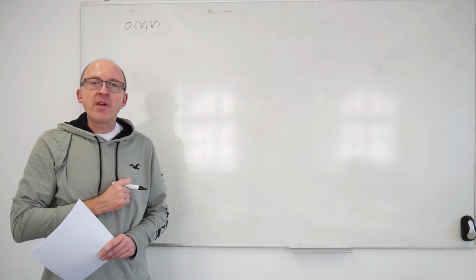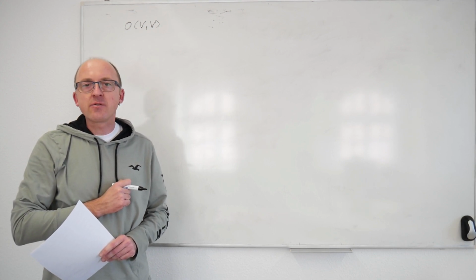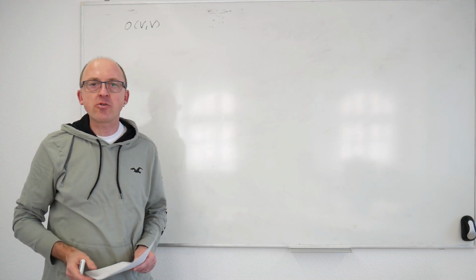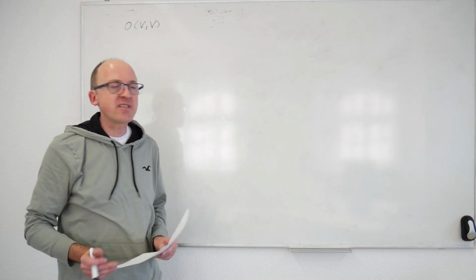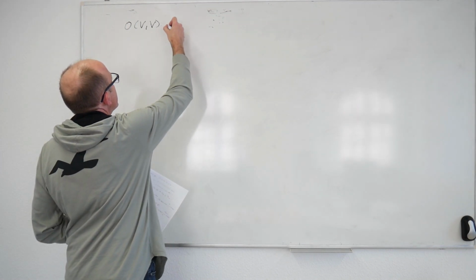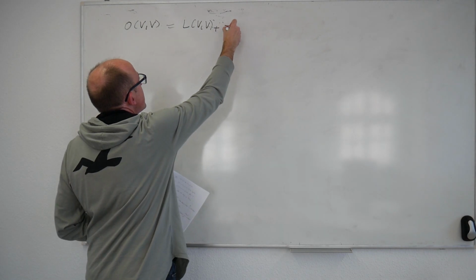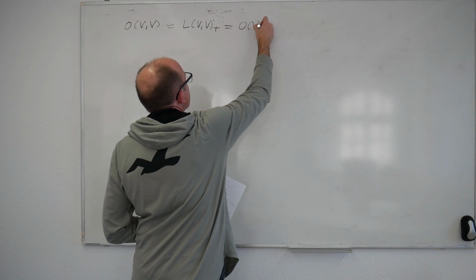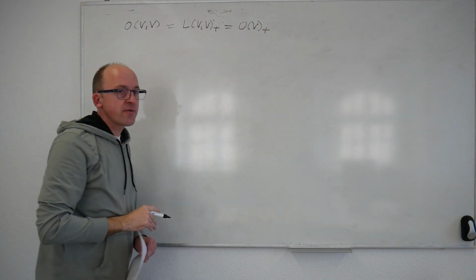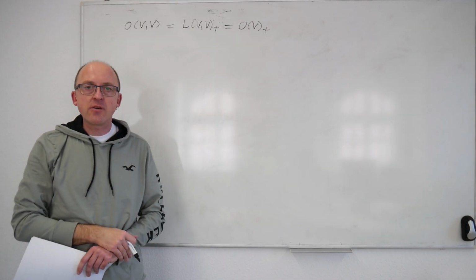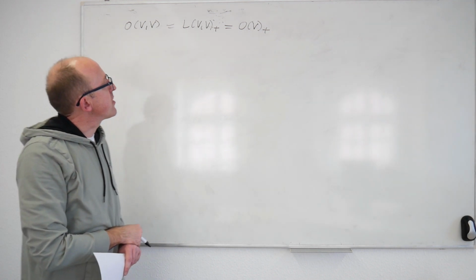The orthogonal complement bundle over this space is trivial, so the fiber is the zero-dimensional vector space everywhere. So if we pass to the one-point compactification, we basically get the base space with the disjoint base point added. So this is really L of V plus, which is also saying it's O of V plus, so it's the orthogonal group with a composition given by the multiplication in the orthogonal group and the disjoint base point added.